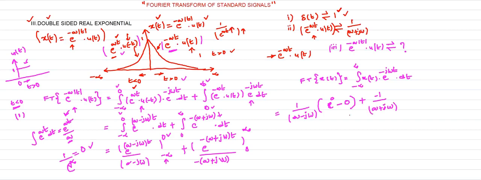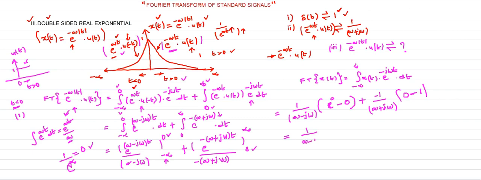So this is minus 1 by a plus j omega. So getting outside minus 1 by a plus j omega. Now if you substitute the upper limit, t equals infinity, so e power minus infinity is what? 0. Minus, substitute the lower limit for t, which is 0. So e power 0 is what? e power 0 is 1. So like that we can get the result now. So what is the final output here?